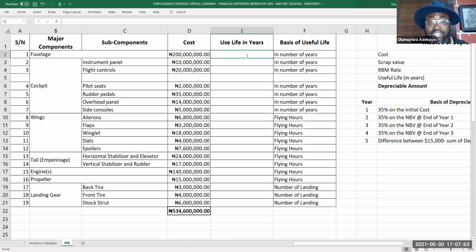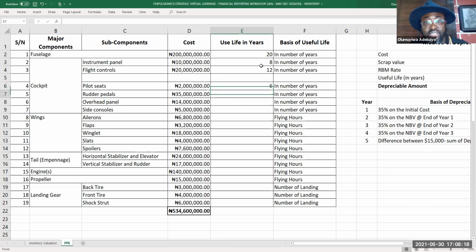Let us say an average aircraft will have 20 years with respect to the body, which is the main container. Okay, and these other instruments can vary from 8 to 12